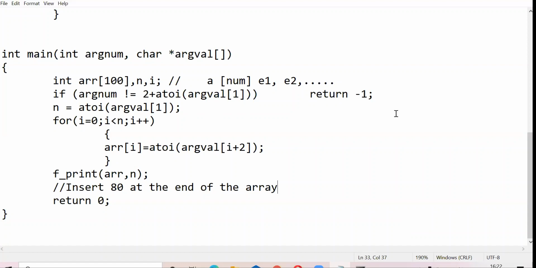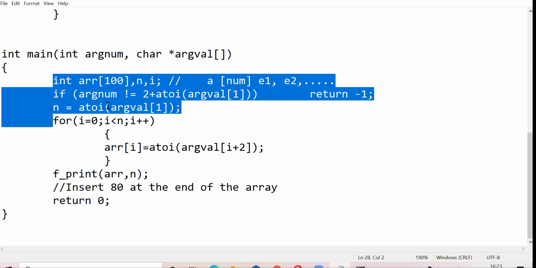Okay, so there seems to be a confusion here still. Please make this clear. This entire thing we are doing here, you need not be confused by these command line arguments. The purpose of command line arguments here is just that the user is giving you some input and you are making an array out of that input. After that, the function of the command line arguments is over. Instead of command line arguments, I could also have a loop here with your scanf function, which will take some n inputs from the user.